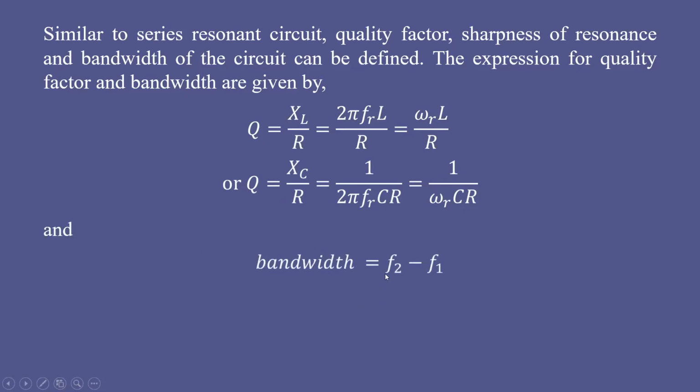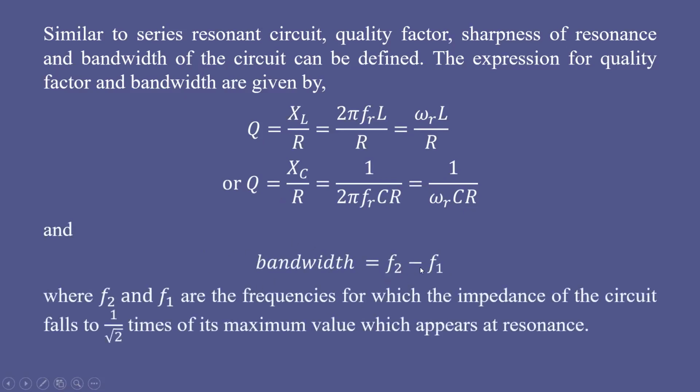Then bandwidth is also defined by F2 minus F1, where F2 and F1 are the half power frequencies. F2 is the upper half power frequency, F1 is the lower half power frequency. And this is the frequency at which the impedance of the circuit falls to 1 by root 2 times the maximum value. Remember, F2 and F1 are defined in terms of the impedance, because in the parallel resonant circuit, impedance becomes maximum at resonance and falls to 1 by square root of 2 times its maximum value at the frequencies F2 and F1. And bandwidth is defined using this particular